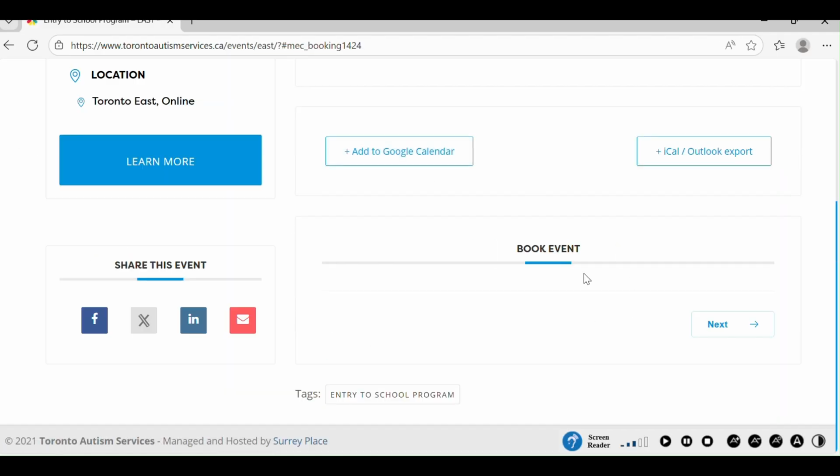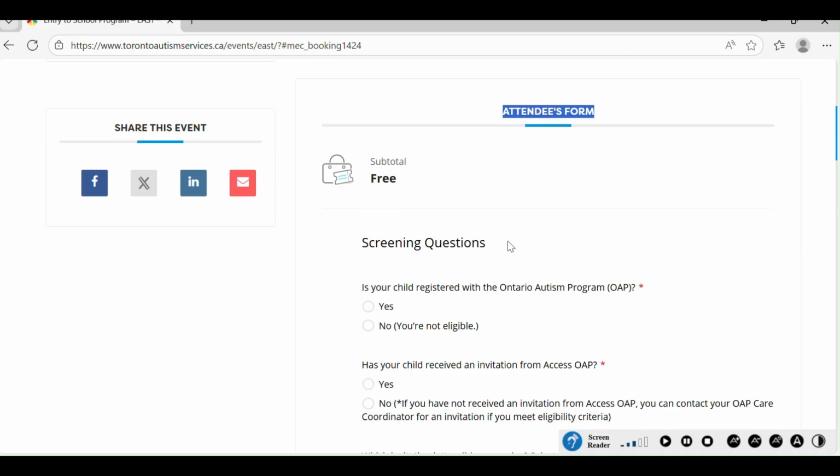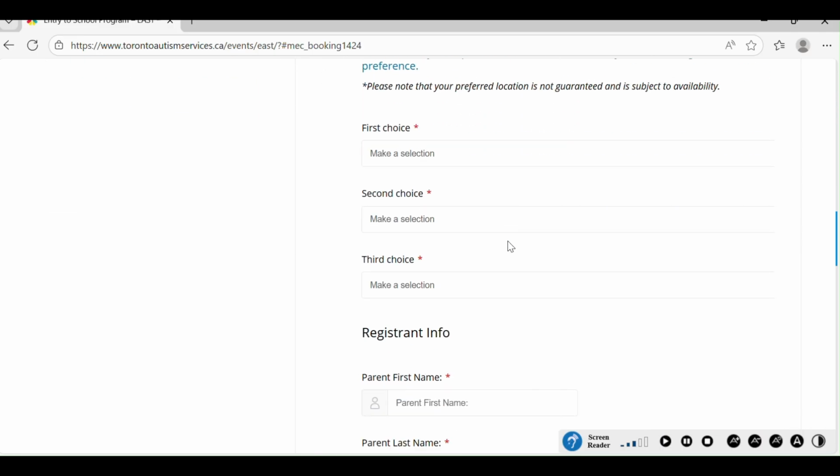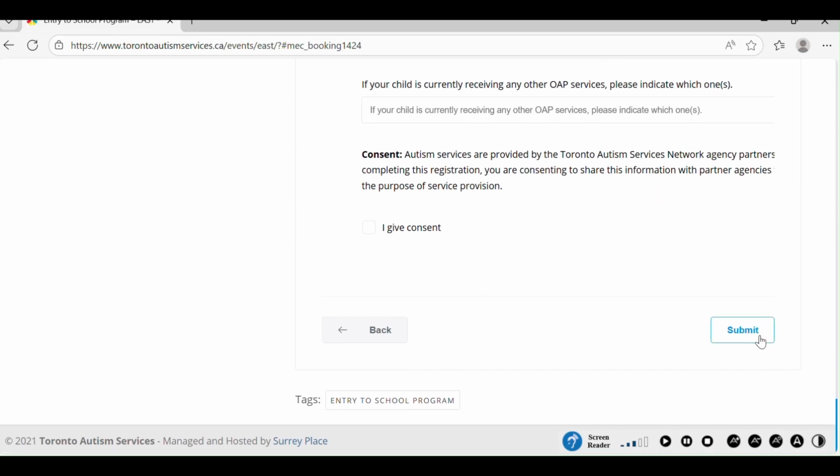This will take you to the next page. At the bottom, you're going to select the Next button. This will take you to the attendees form. You're going to fill out all the relevant information, and once that's complete, you're going to scroll to the bottom and hit Submit. Once you've submitted this form, you can expect a call from an intake coordinator in about 1